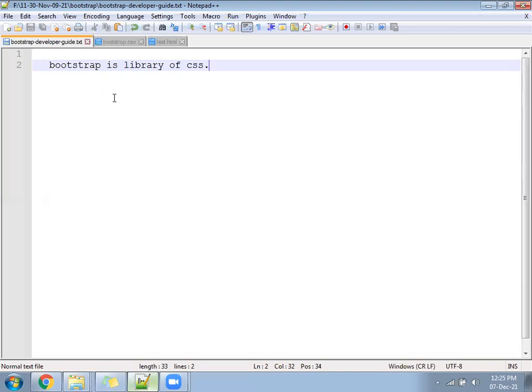Blood bank, only blood. Pharmacy, only medicine. So once you go to the bootstrap.css file, you will find only CSS code. That is called Bootstrap is a library of CSS. If anywhere you need to write a single line answer for Bootstrap, you can say directly Bootstrap is a library of CSS.